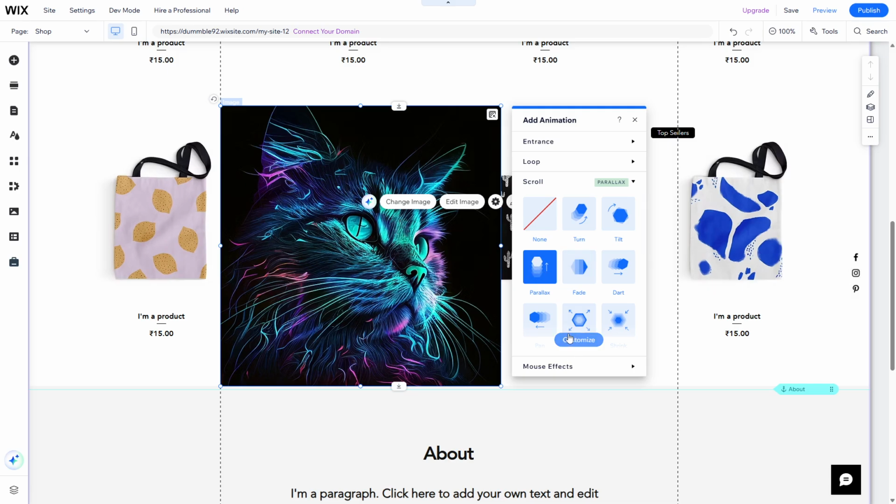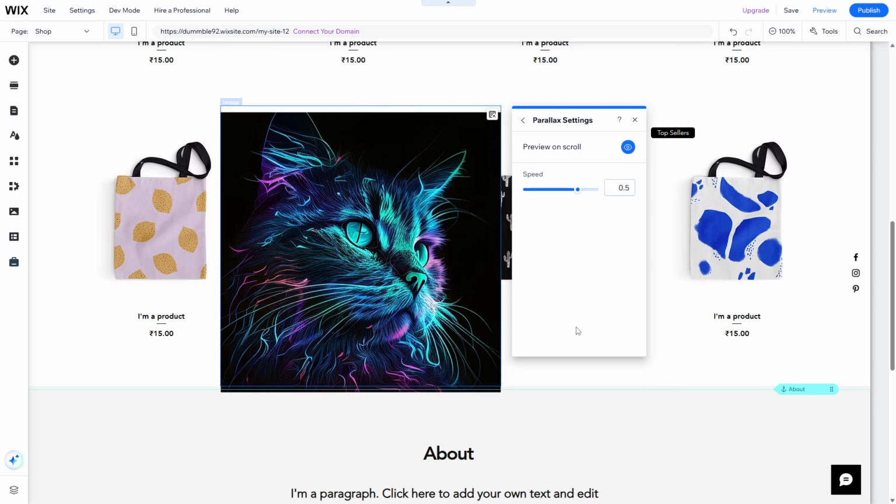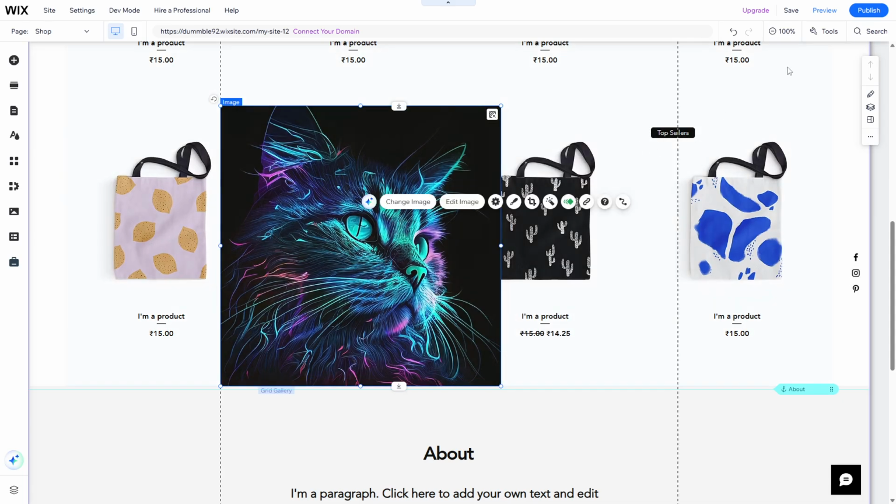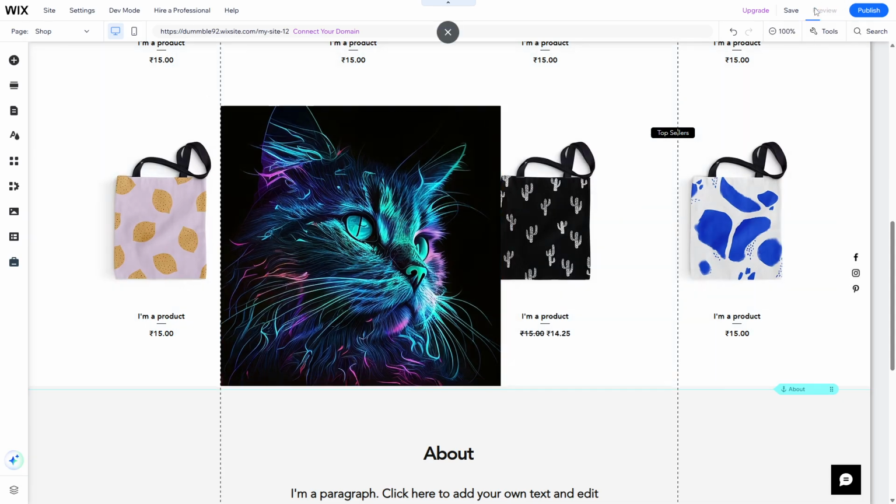Once you have done that, you'll see an option to adjust animation or to customize if available. These features allow you to add your personal touch to the animation, control the speed of the parallax scroll effect, determine the direction it moves in, amongst other things. By adjusting or customizing the parallax effect, you can truly make it your own to suit the look and feel